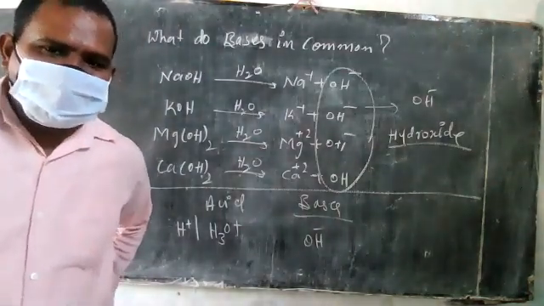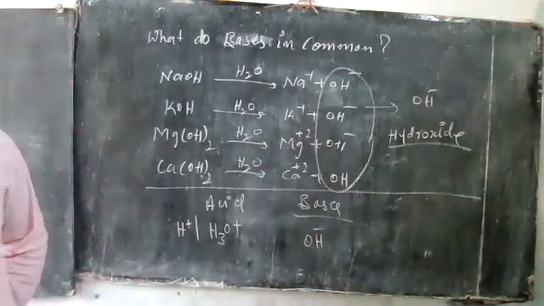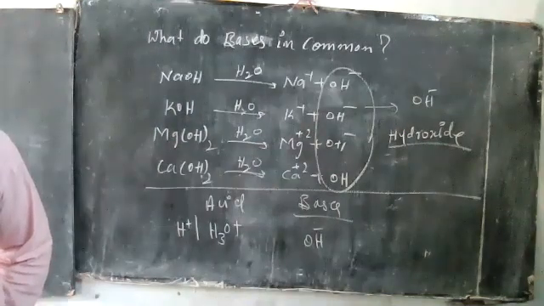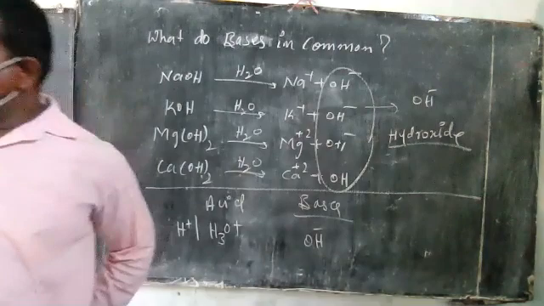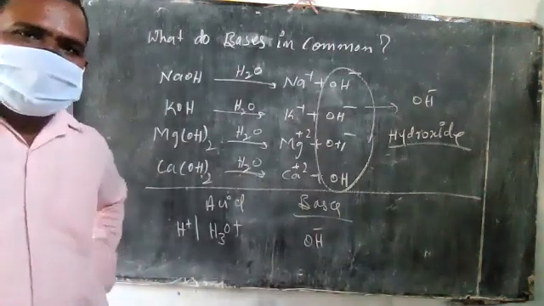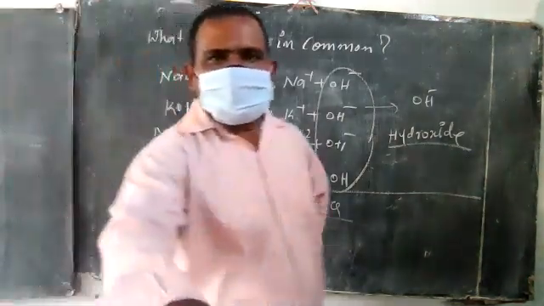Right. In this chapter, if you have any doubt, you ask me. Tomorrow I will explain activity 7, activity 8 and activity 9 also. After that we go to the pH scale. In the remaining 4 to 6 classes, the chapter will be completed. If you have any doubt, ask me. Okay, bye.